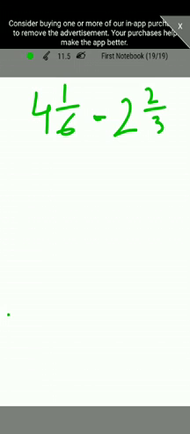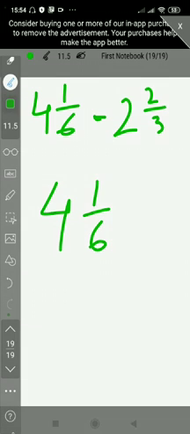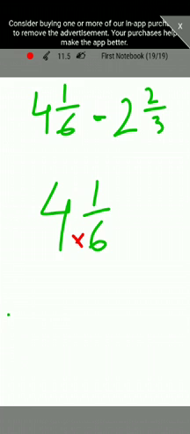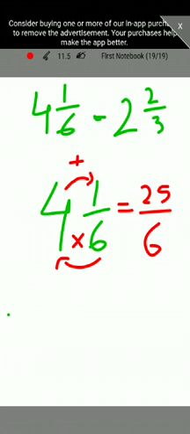For example, if you take the first mixed number, 4 whole 1/6, the method is, when you convert the mixed number to an improper fraction, we multiply the denominator and the whole number, and then whatever answer we get, we add the numerator to it. So here if you convert this, you will get 6 fours are 24 plus 1 is 25. So this mixed number is the same as this improper fraction 25/6. 4 whole 1/6 is equal to 25/6.